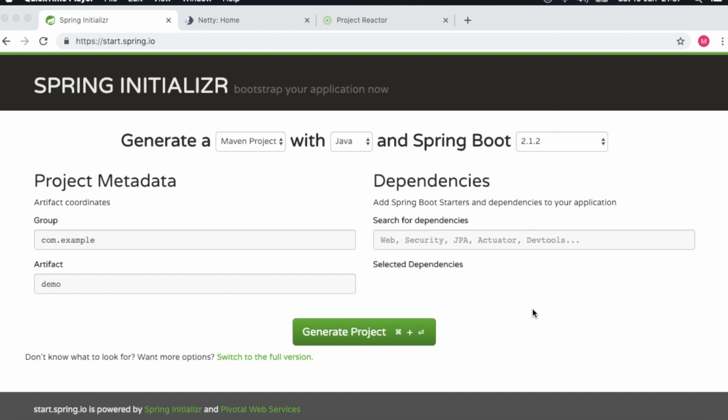Hello, I'm Marcel. In this series of videos I'm going to show you how to use the new Project Reactor and Spring Boot to create reactive applications. The first thing we need to do is to access start.spring.io, where we can generate our skeleton